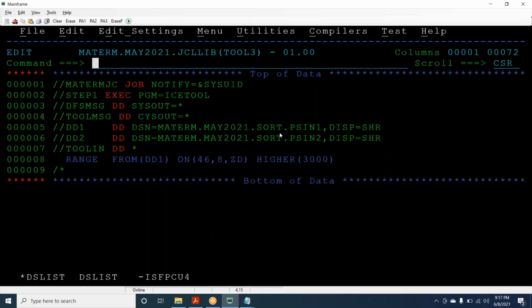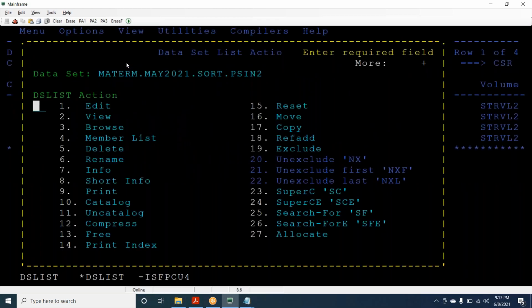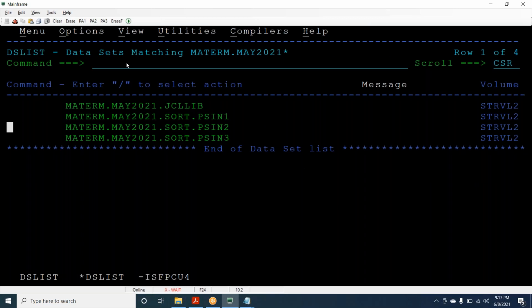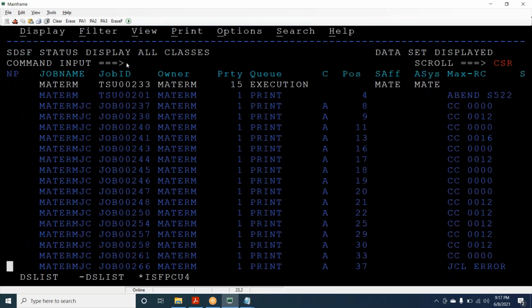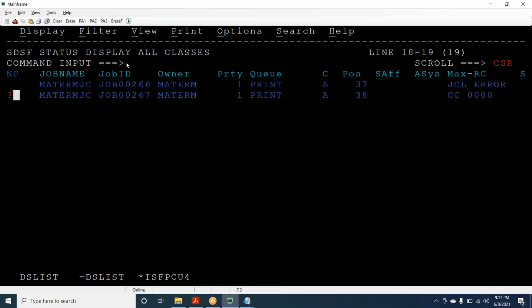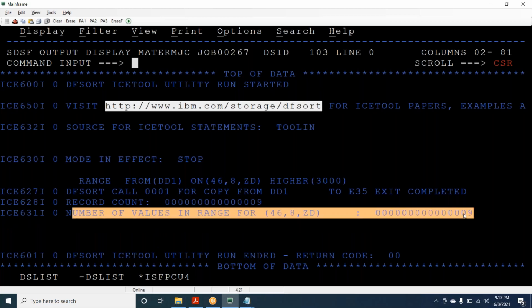So JCL, error, sysout, submit. The output will again be redirected to the spool. Press F8, which means last, and you can see the record count, values range 9.